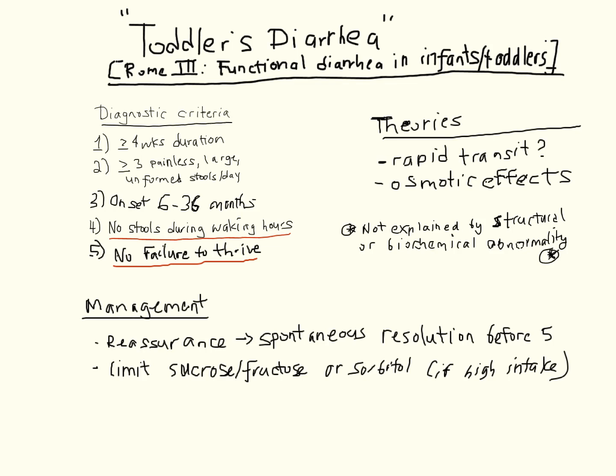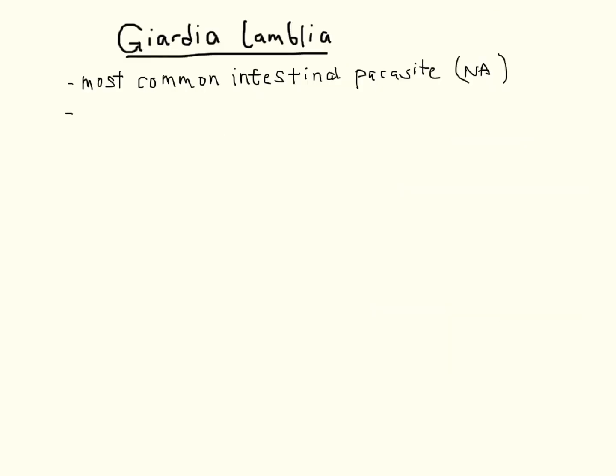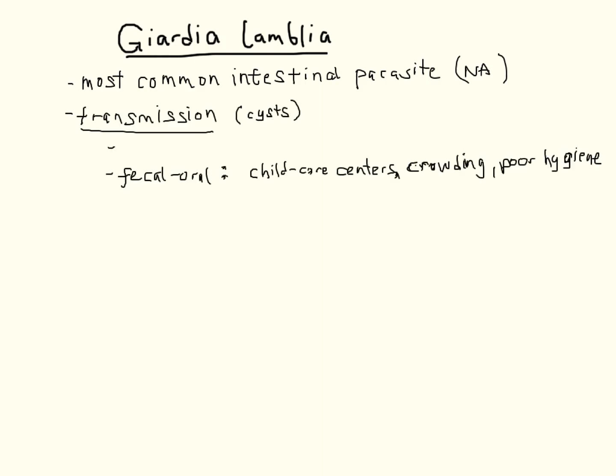If functional disorders are excluded or secretory diarrhea is suspected, there are some other considerations. First, infections need to be assessed if not already done, particularly Giardia lamblia and other parasitic infections. Giardia is the most common pathogenic intestinal parasite in North America, and it is mostly sporadic. Fecal oral transmission of Giardia cysts can occur, making children attending childcare centers or in areas with crowding and poor